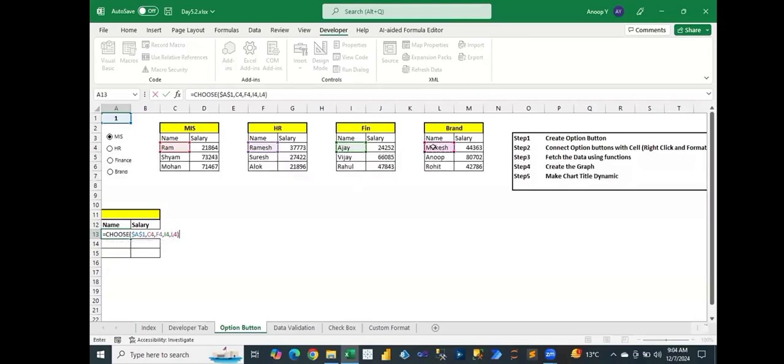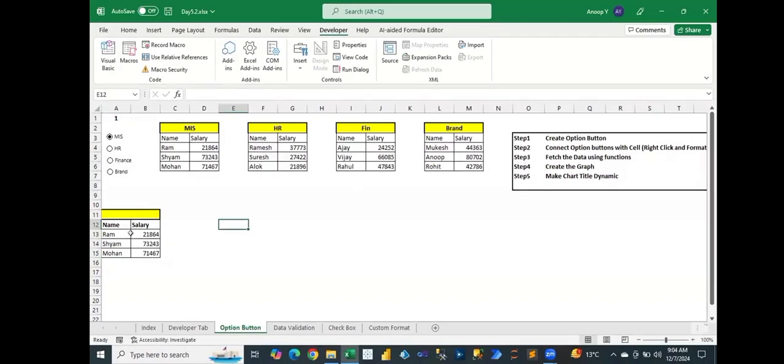So as I have selected this MIS here, you are getting the MIS data over here, right? A13 to B15. If I change this to the HR, data got changed. Finance, this one. Brand, this one. Your data is getting changed or not? If I'm just changing this button,